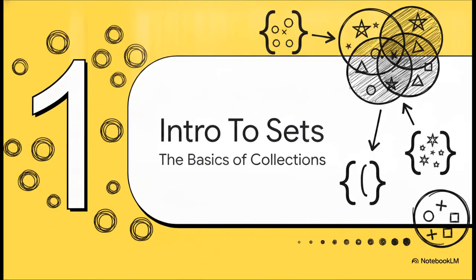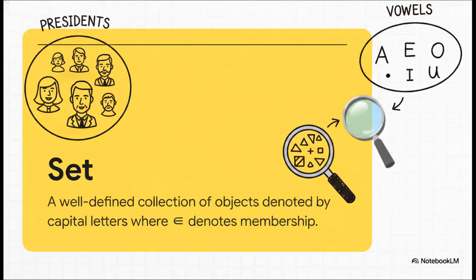All right, let's dive into Section 1, Introduction to Sets. We have to start with the foundation. What exactly do we mean when we talk about a set in mathematics? So, the absolutely crucial point here is that a set is simply a well-defined grouping of things. It could be anything. Think of the set of former United States presidents, or maybe the set of vowels in the English alphabet. If we call our vowel set B, then the letter I is a member, or an element,